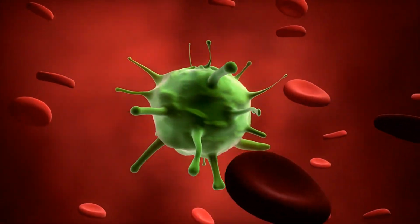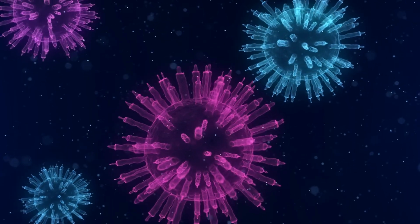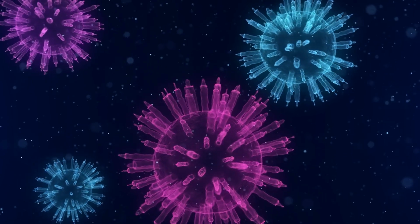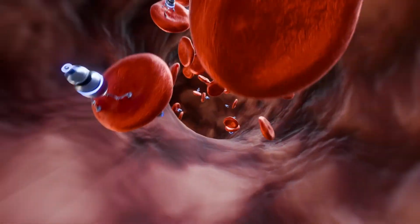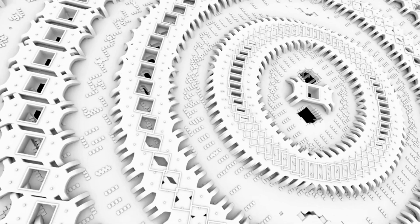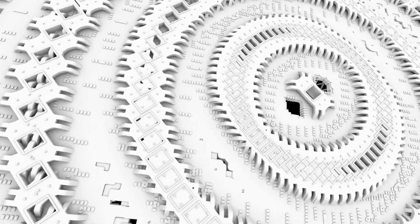Disease detection and diagnosis. Early detection and accurate diagnosis are crucial for effective treatment of many diseases. Nanobots can be used to detect diseases at their earliest stages by identifying molecular markers and other indicators of disease. How nanobots can help. Biomarker detection. Nanobots can be equipped with sensors that detect specific biomarkers associated with diseases, such as proteins, nucleic acids, or other